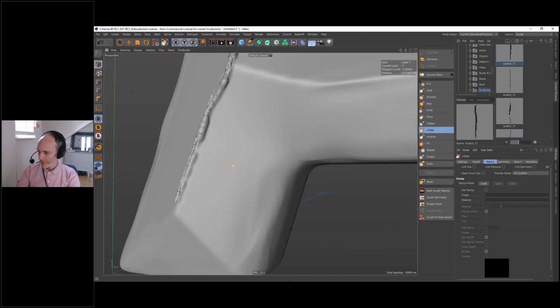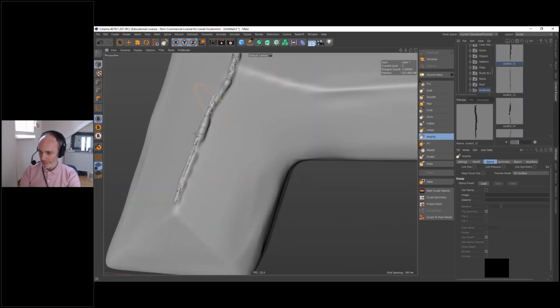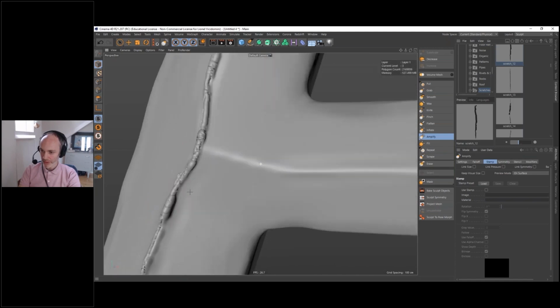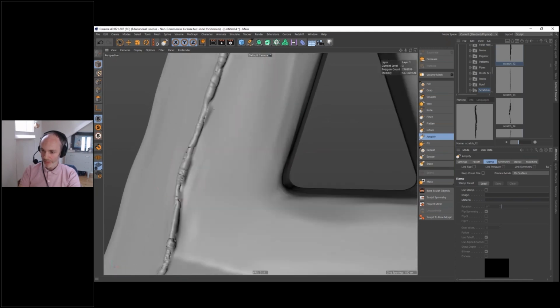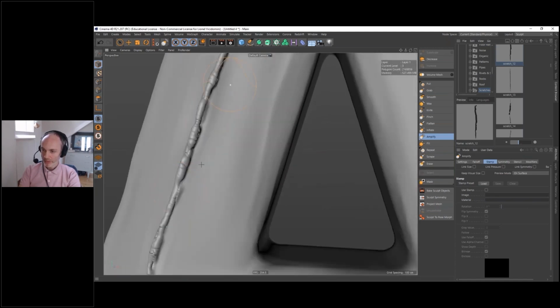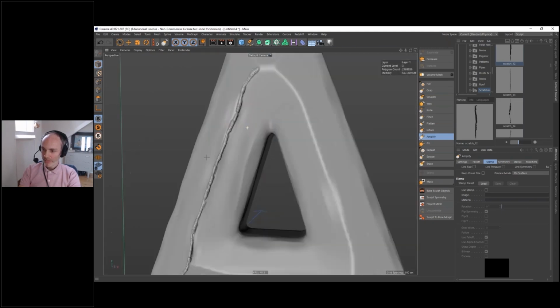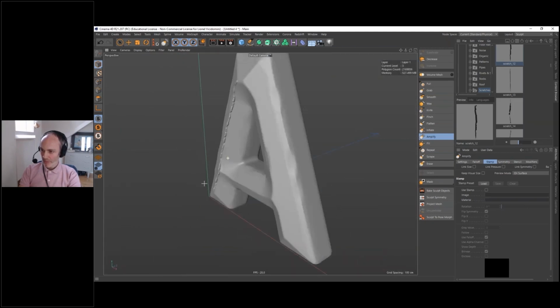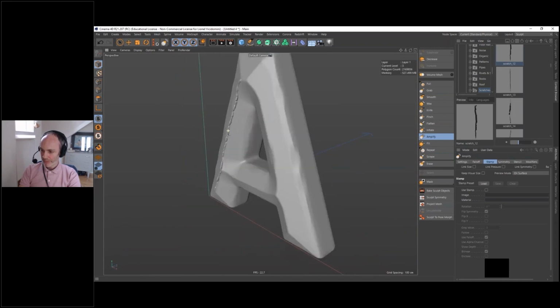And the opposite of the smooth is the amplify. Amplify is interesting because it's going to amplify everything I've done before, even the base work. So here, if I use the amplify, you see it's going to raise a little bit everything. And that's my welding. Okay.